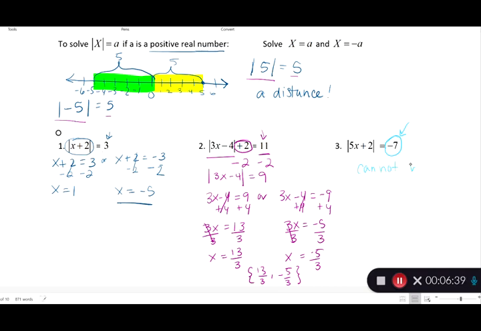So, that being said, this answer has automatically got to be no solution, because it's an absolute value equals a